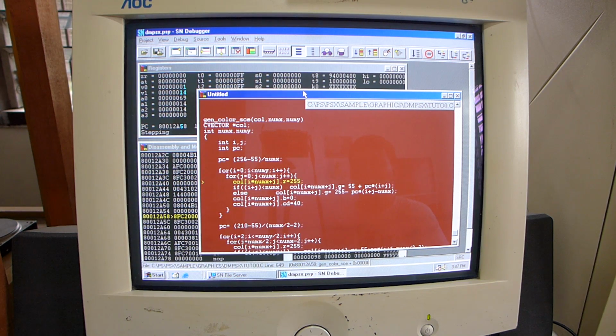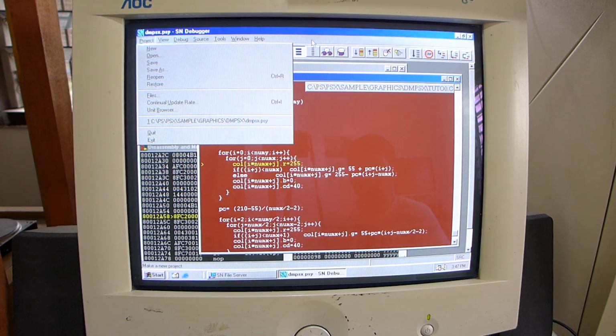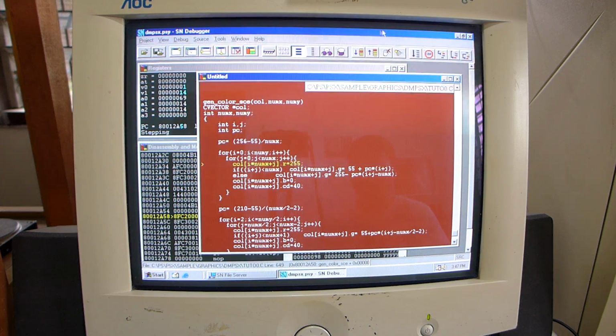Every time you need to reload, you just simply reopen your project by pressing Ctrl R. So the setup is that you would have the IDE running alongside the debugger. The IDE will be where you would do the coding, and then a command prompt to do the compiling, or the compiling will be done by the IDE. And then every time you recompile and need to execute, you reload your program,